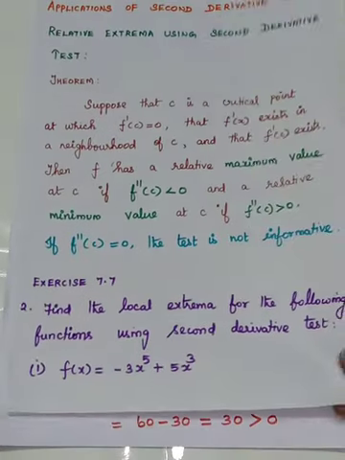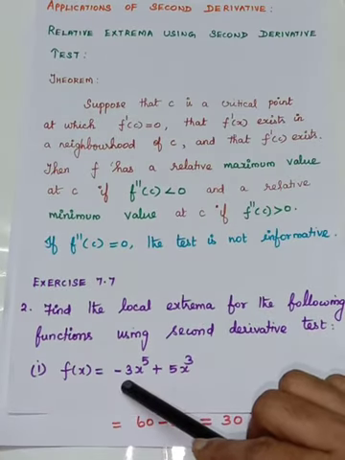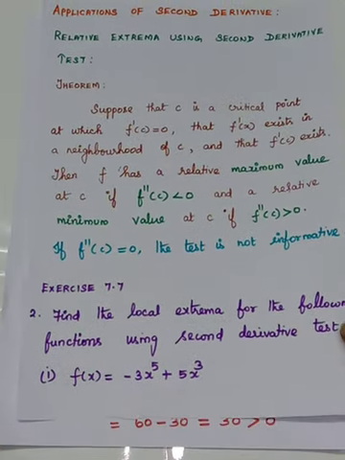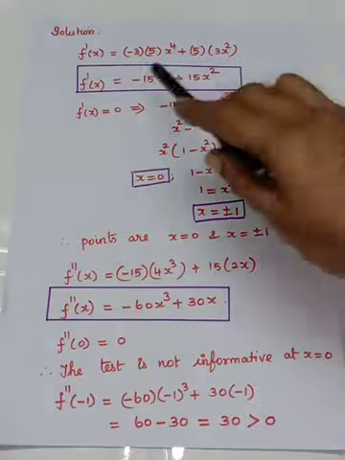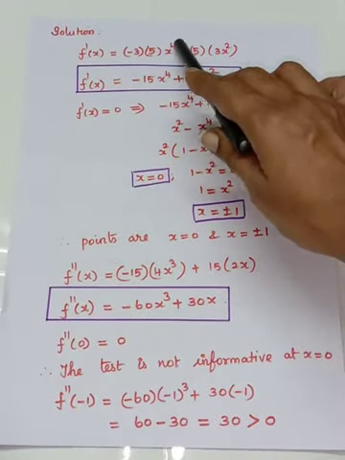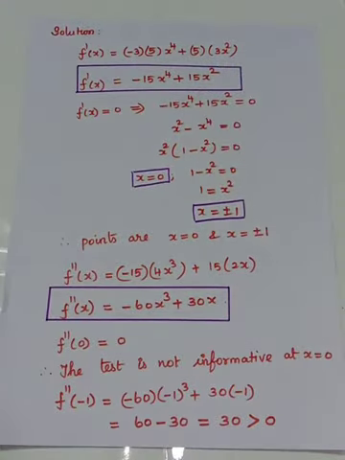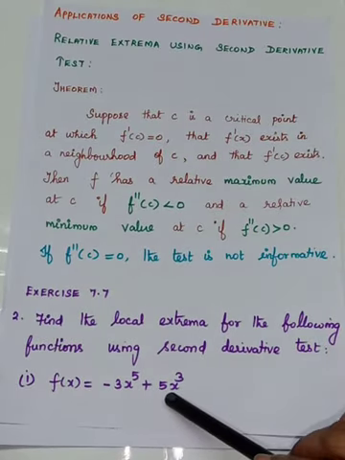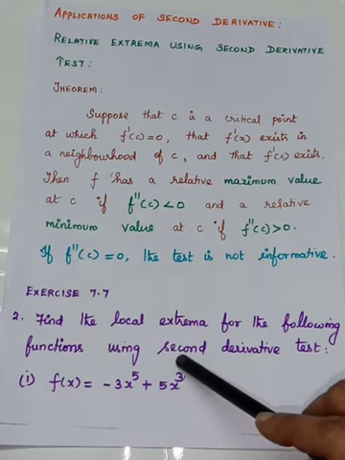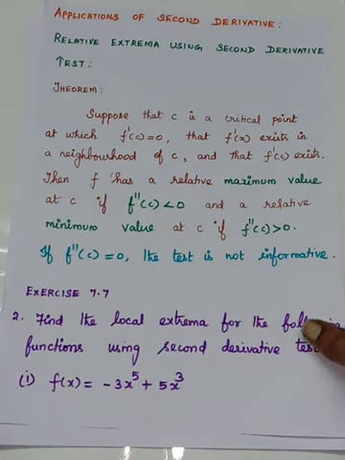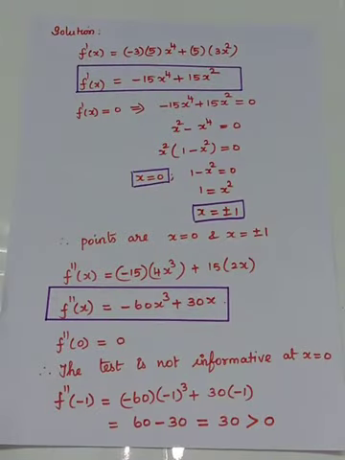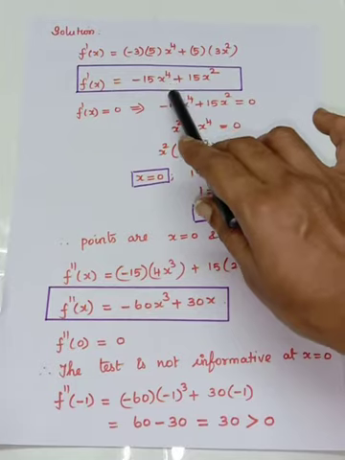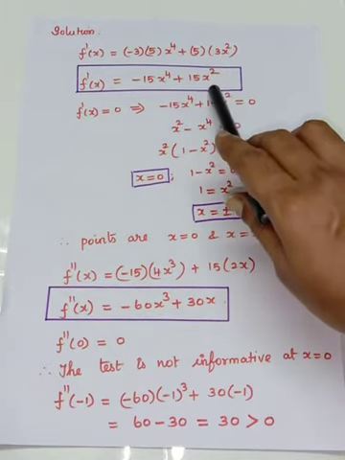You see that here minus 3 is a constant. And how to differentiate x power 5? Using the power rule, it is 5x power 4. So minus 3 into 5x power 4. Plus, see the second term. Here you are having 5x cube. So 5 is a constant. Using the power rule, how to differentiate x cube? It is 3x squared. So 5 into 3x squared. So f dash of x is equal to minus 15x power 4 plus 15x squared.